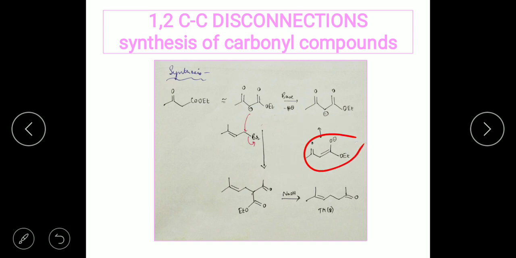Now since there is an anion, it can easily attack the alkyl halide, that is, it attacks the carbon atom which is linked to the bromide, and there's going to be Br minus as a leaving group. Once that reaction takes place, you're going to get a compound of this kind. Now in the presence of sodium hydroxide as a base, the ester group is going to be eliminated, and you're going to get this compound. So this is how you can synthesize the target molecule T3, and these are some of the examples for 1,2 synthesis. So that's all for today. Thank you very much, students.